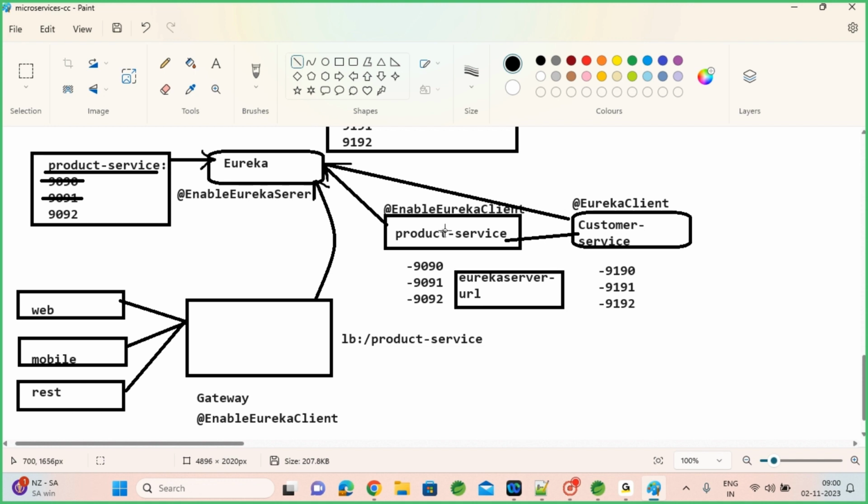If you use customer service name only, that means you are registered into Eureka. Eureka will check when you use service name as a customer service. Eureka will identify that okay, product service wants to connect with customer service. Let me provide the available port. Eureka will provide that port to your product service. So the benefit with Eureka clients is they can register their ports here as well as they can collect whichever services they want